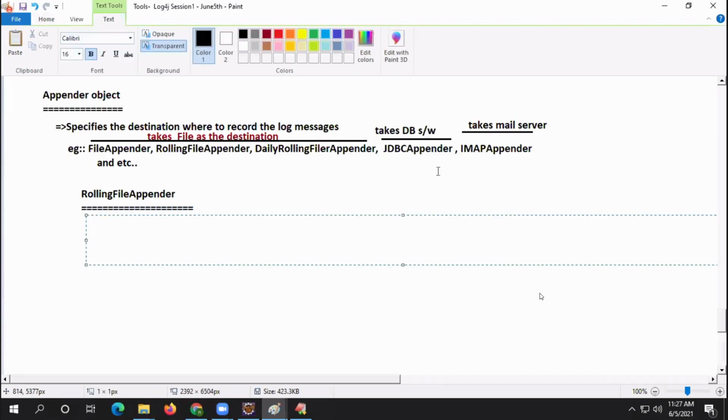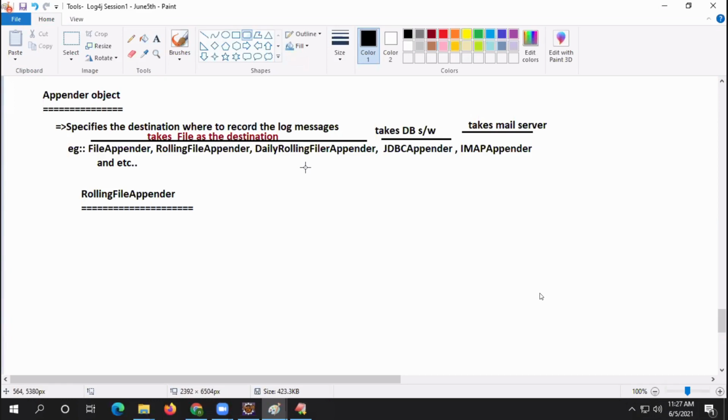Rolling file appender, guys. Giving the statement that I'm feeling heavy, or I am not following, is very easy. But analyze and focus: when others are understanding, why am I not understanding? This is also another Java subject.